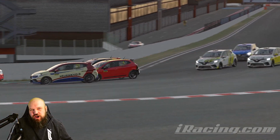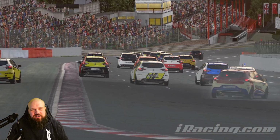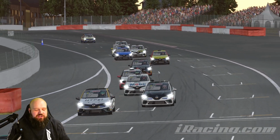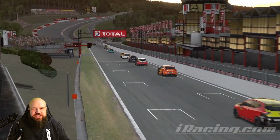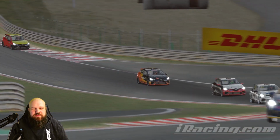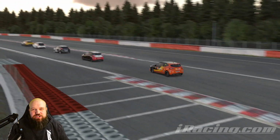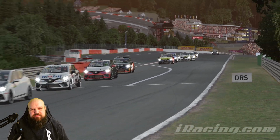I've raced the one on rFactor 2 a lot back in the day, and I was really looking forward to this release on iRacing. I'm a huge fan of underpowered spec series because I feel like they create the largest skill gap, and also they improve you as a driver because it really makes you think about what you're doing. So the little Clio doesn't have all the power in the world, and it also doesn't have ABS or